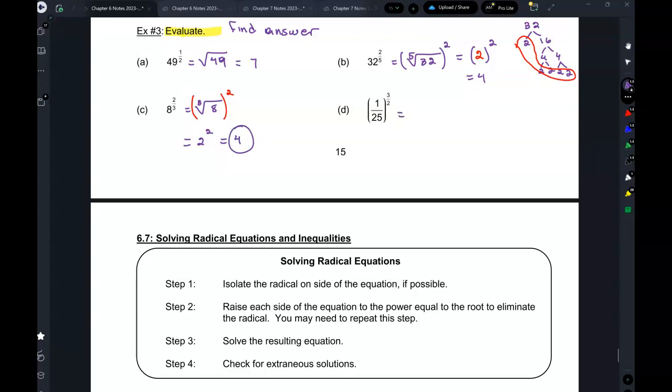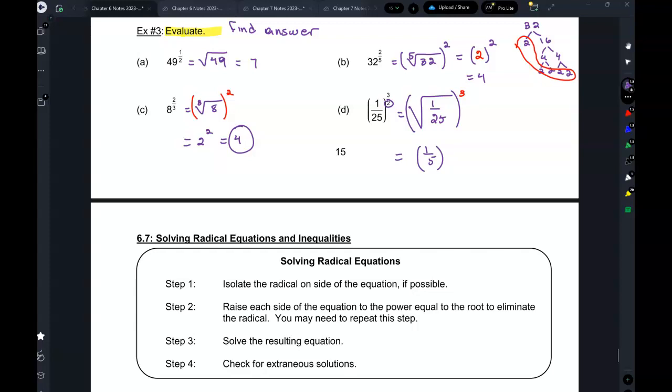All right, and now we have a fraction. Oh my God, what are we going to do? Same thing. So we're going to have a root 1 over 25. This is a 2 here, so it's a square root of 1 over 25 to the power of 3. Okay, now we go slow. Square root of 1, 1. Square root of 25, 5. So this is going to be 1 over 5